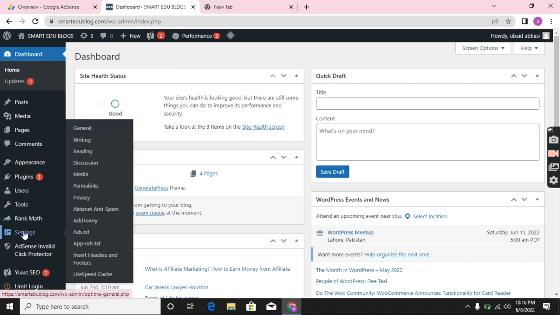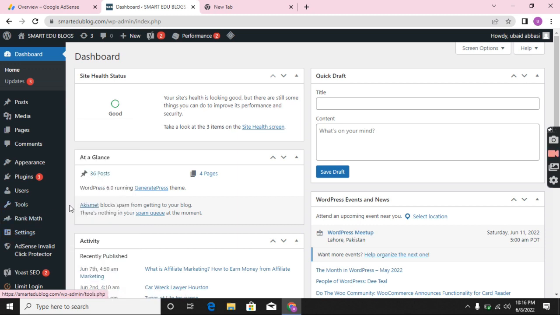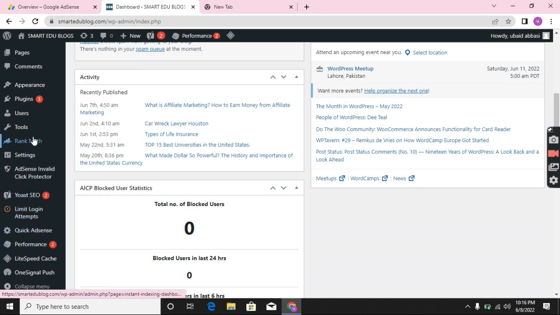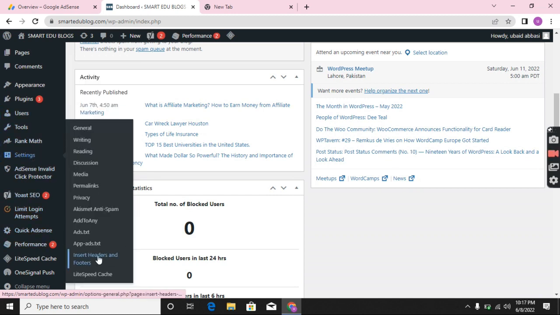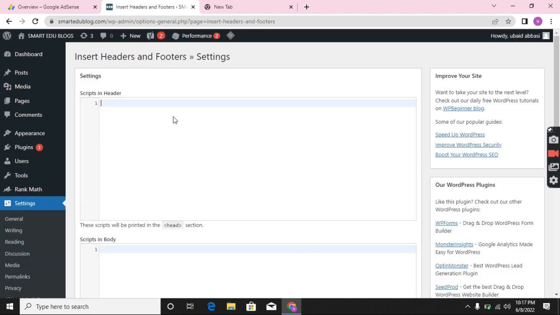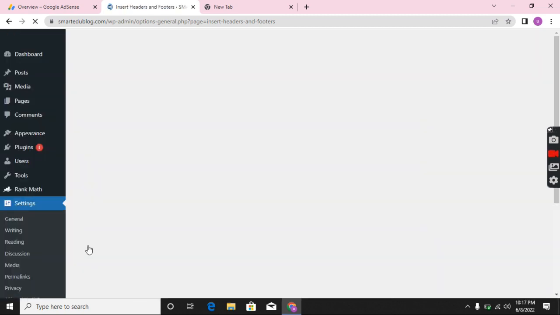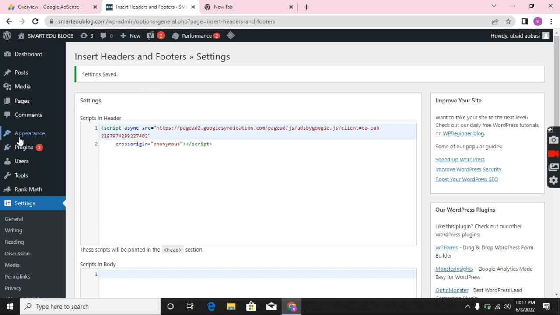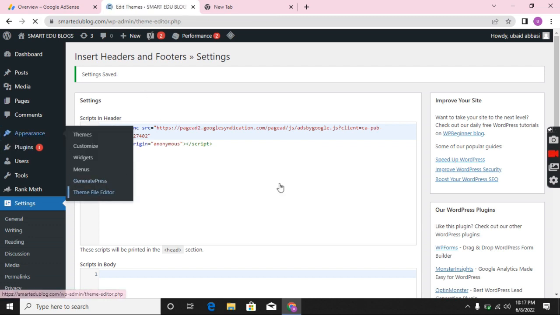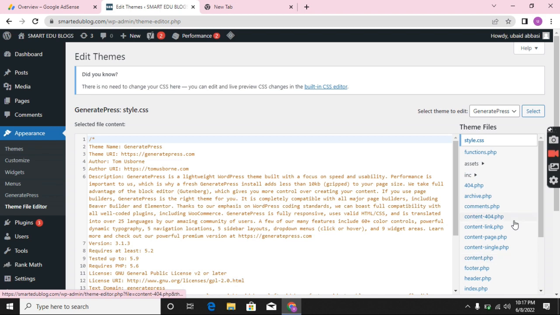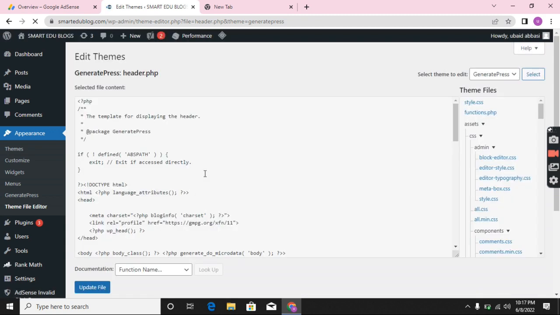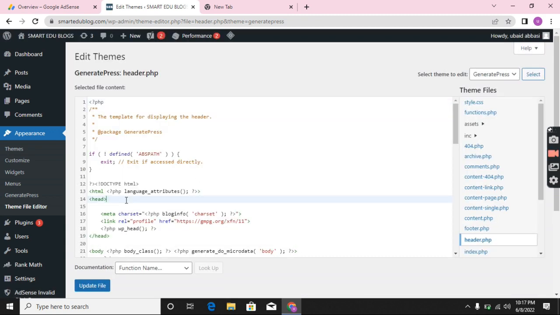If you use a plugin, connect your website through the plugin. I connected my website through a plugin, so setting, Insert Headers and Footers. There I paste the auto ads code and save. If you can't use this plugin, go to appearance, theme file editor, open header.php and paste your code there. Okay, like this,